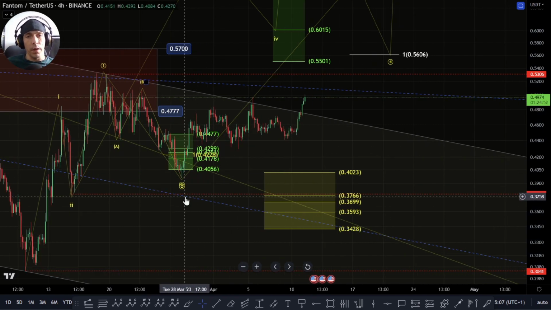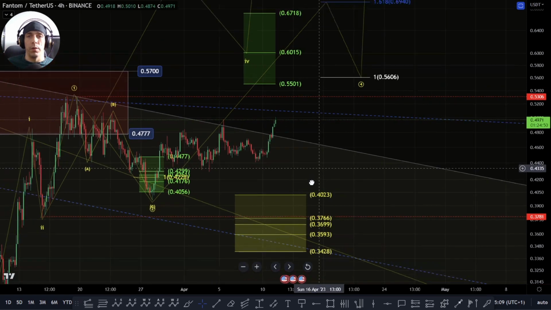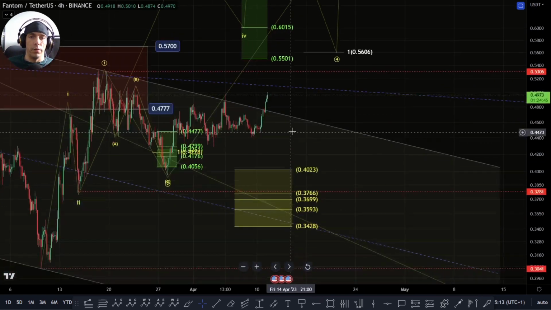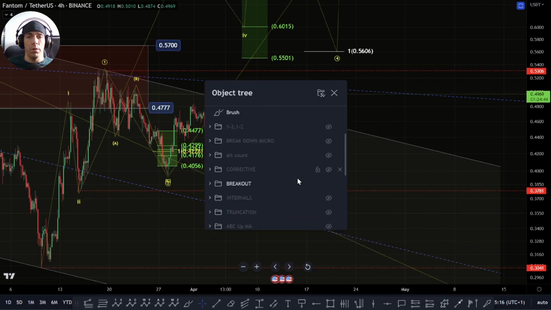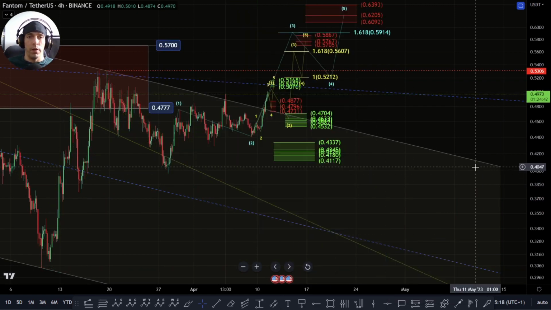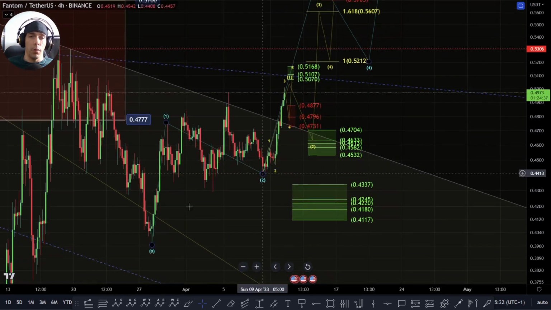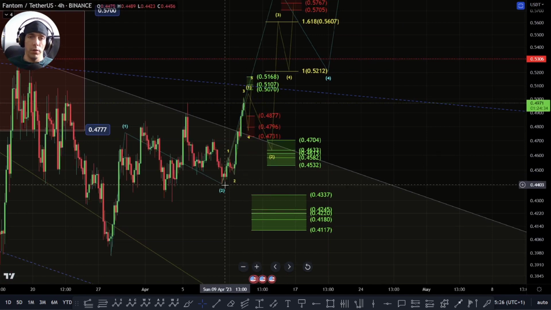Okay, so if we are already starting this bigger push to the upside here, what I would be looking for is, like I said, the 69.40 range. And how we would get there would look something like this. So this would just be looking at the internals here. We would have to then count this again as another 1, 2 in here, and then be looking for either